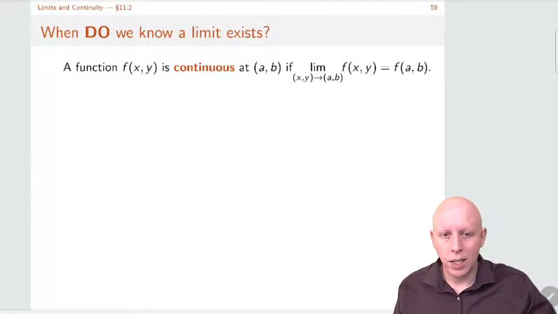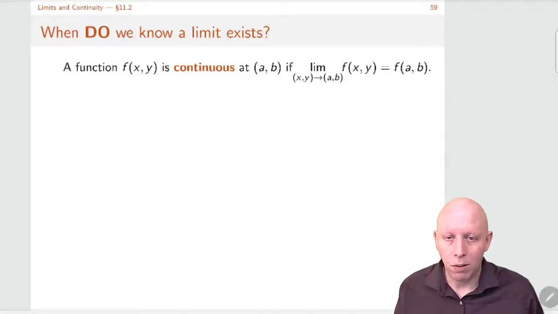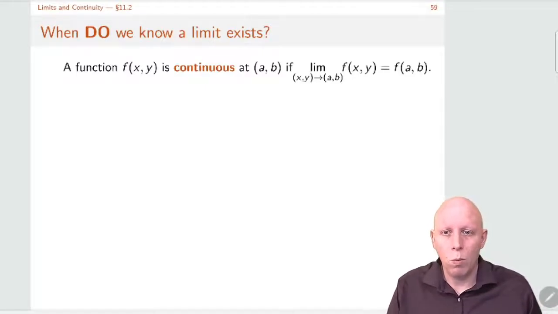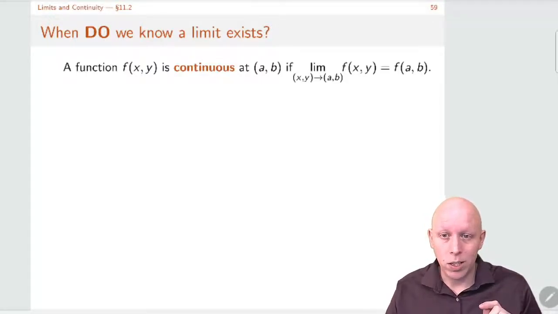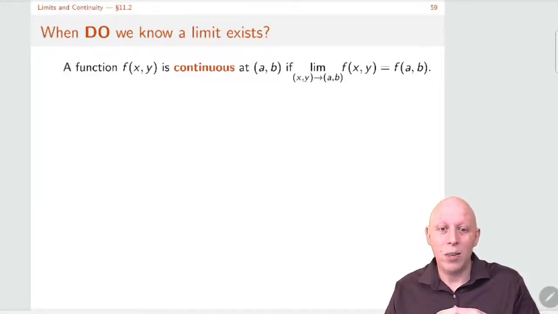Hey, welcome back. Last time we were talking about the craziness that can happen when we're trying to take the limit of a function of multiple variables. What we'd really like to be able to do is to talk about when a limit does exist and not just when a limit doesn't exist. So the way that we're going to do that is we're going to appeal to continuity. We're going to talk about when we have a function that's continuous, then we'll be able to say what